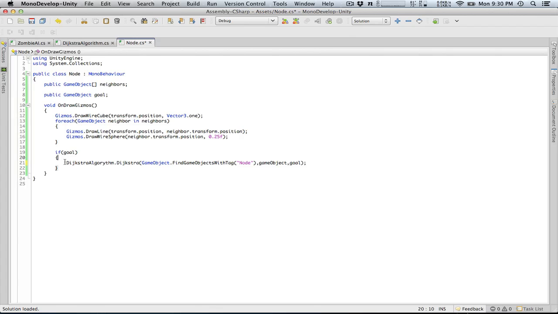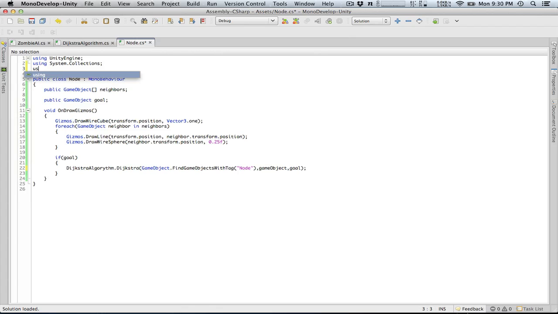This will return a stack, so we're going to grab using System.Collections.Generic, and we're going to just do Stack path equals Dijkstra algorithm. Now all we have to do from here is, for each game object in path,